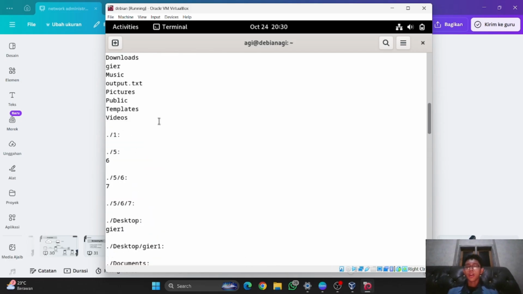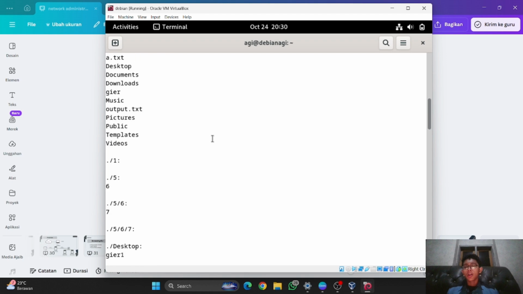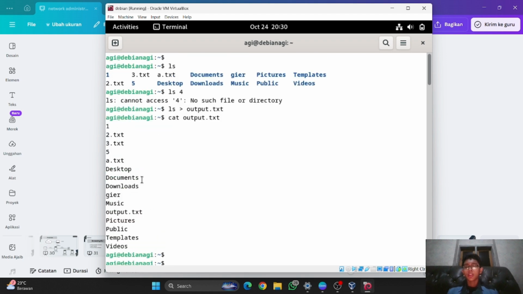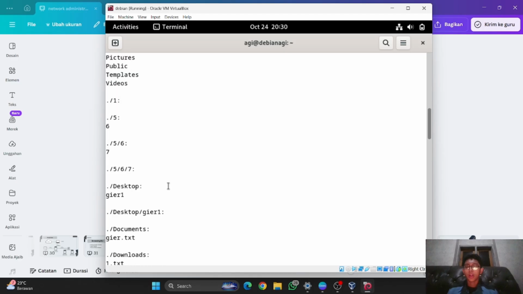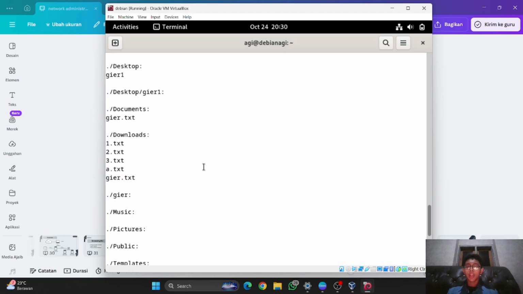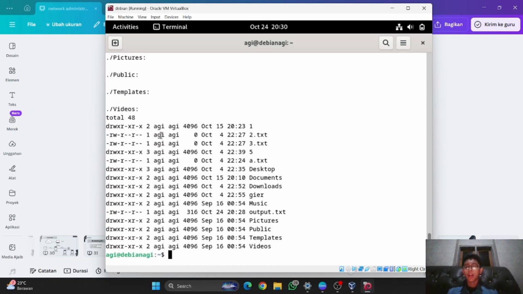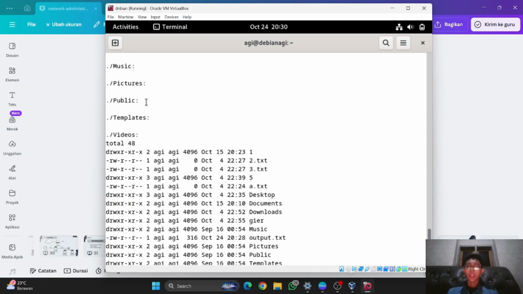Before, using only one redirect sign, it replaced the information, and with the double redirect sign, it adds new information without replacing the information before.